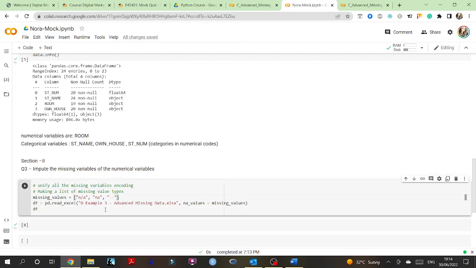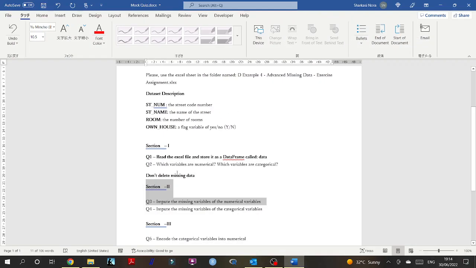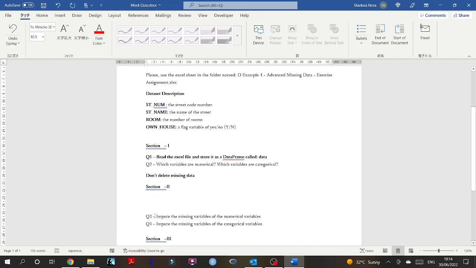I suggest that you add these. Maybe I should also add a little question to guide you through this because some of you might forget to do this. So maybe I'm going to add a question in the mock exam exactly on what to do, and say something like, here note or hint or whatever you want to call it. Start by unifying all the missing values encoding